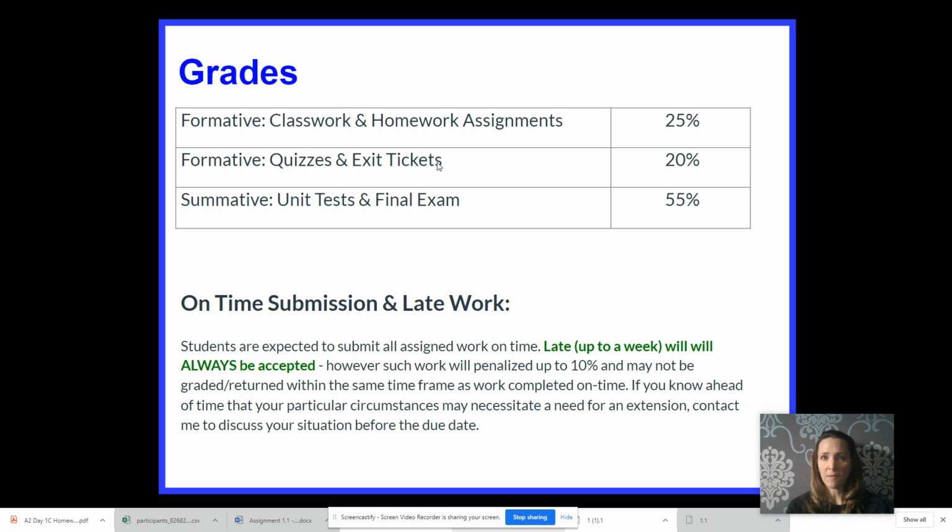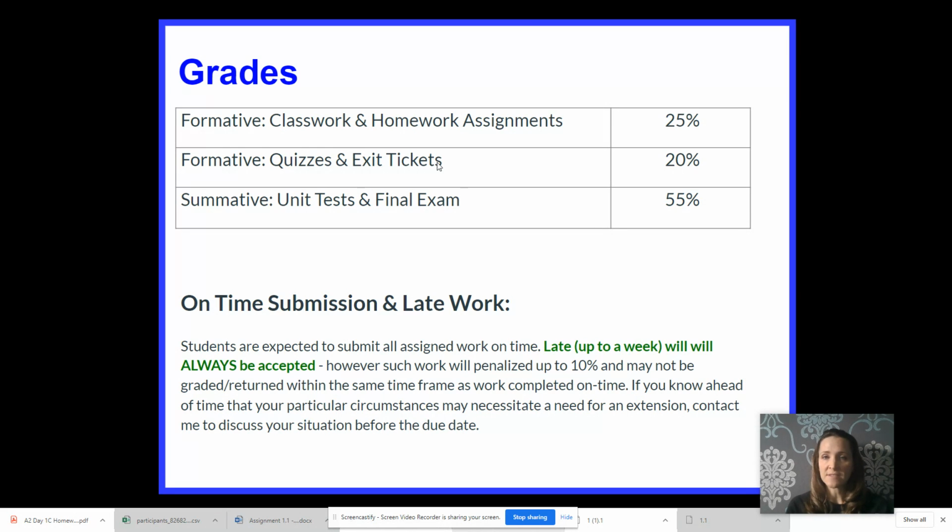I do accept late work. I know that there are things that are going to come up. I know we're going to have technology issues. I know students are stressed and there are other things going on at home. But students need to remember that when the work comes in late, that may be difficult for me to return it in the same amount of time I would as online work, or be able to engage in that work with them in the same manner.